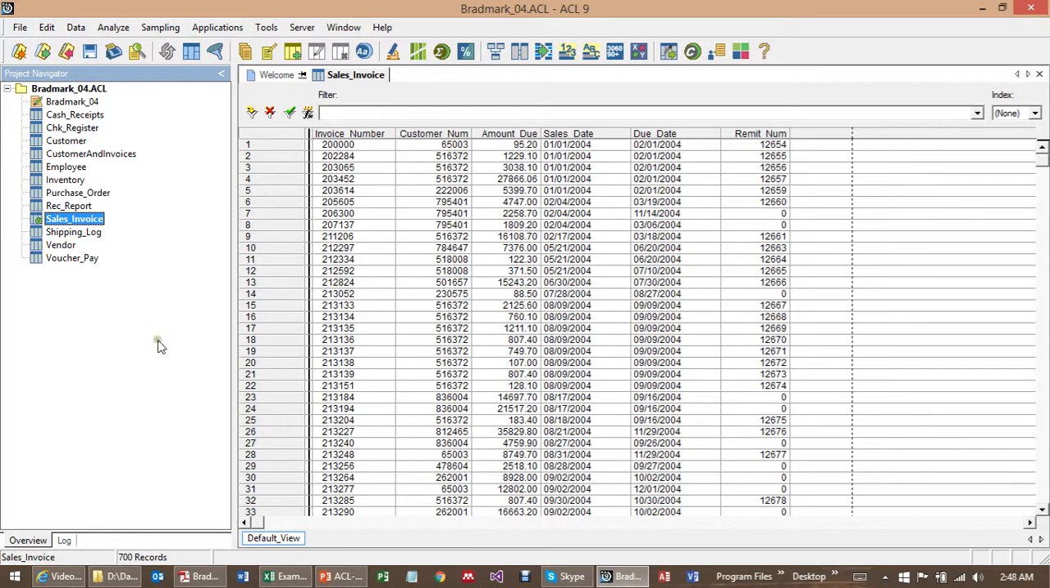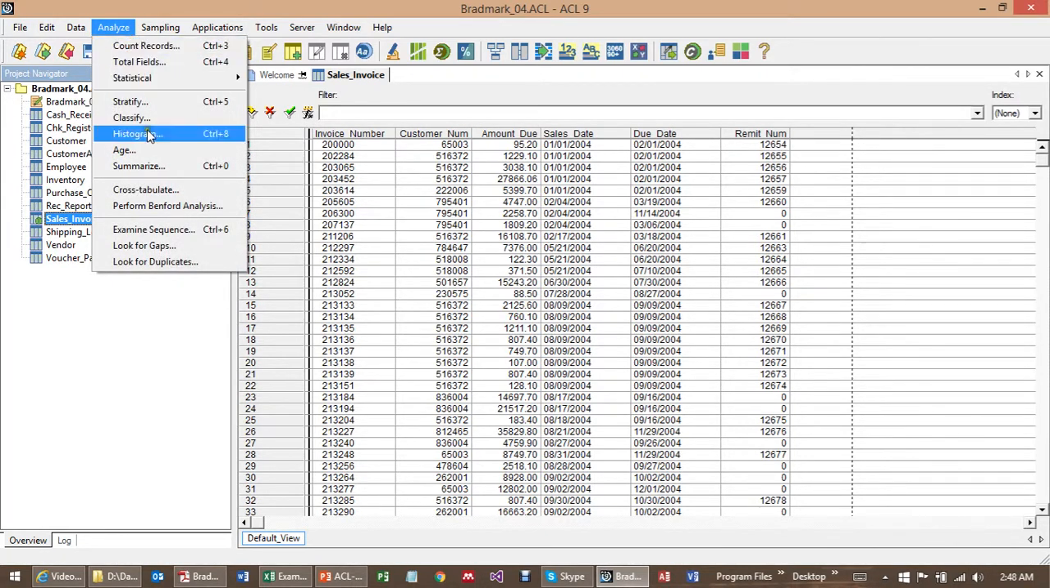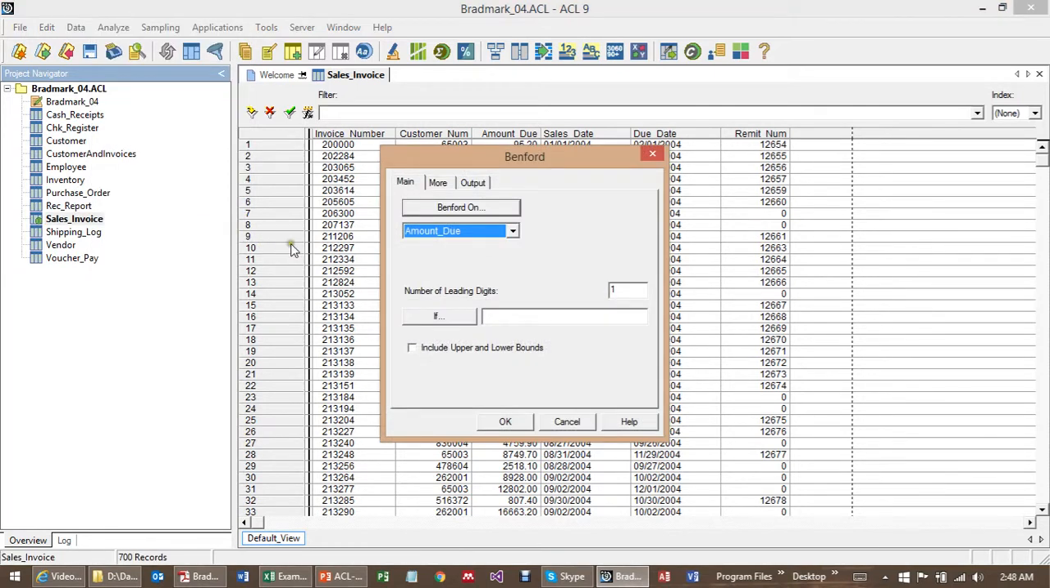We continue with learning the different features that help us understand how to analyze data in ACL version 9. Again, under Analyze, we will perform Benford Analysis. Benford Analysis looks at all the first digits of all amounts due in the sales invoice file and gives us some kind of indication if there was anybody who transposed numbers while they were typing, for example, or maybe data